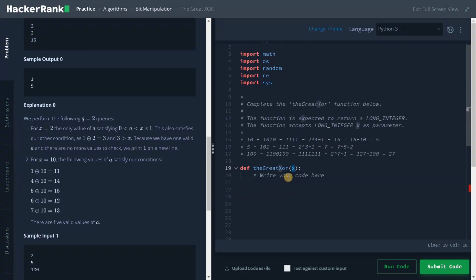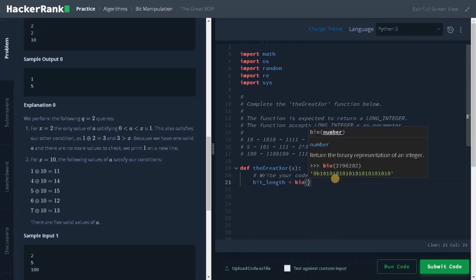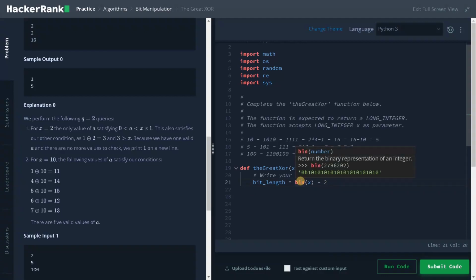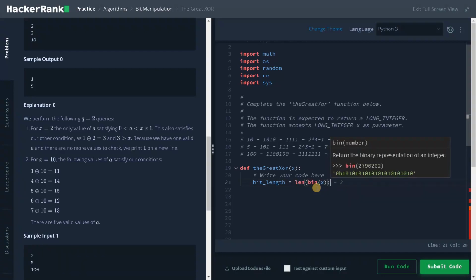First we are having the x. I'm going to convert the x into binary representation, so we can store it in some temporary value. Bit length should be sufficient. Bit length equals length of binary of x, minus 2.